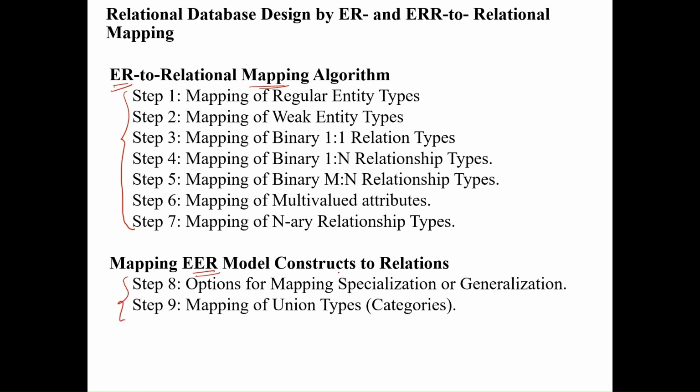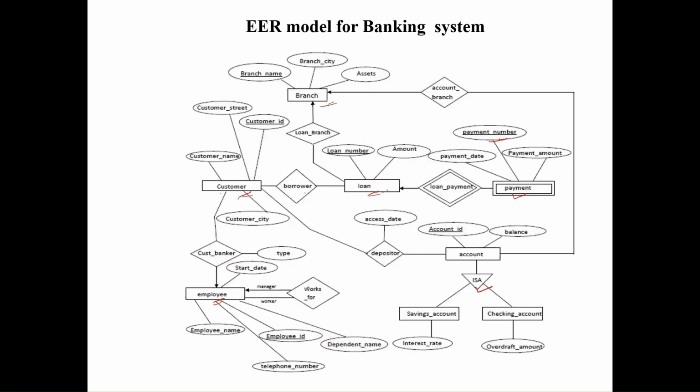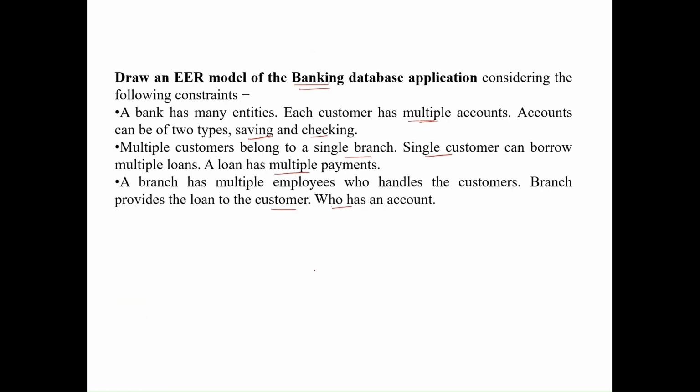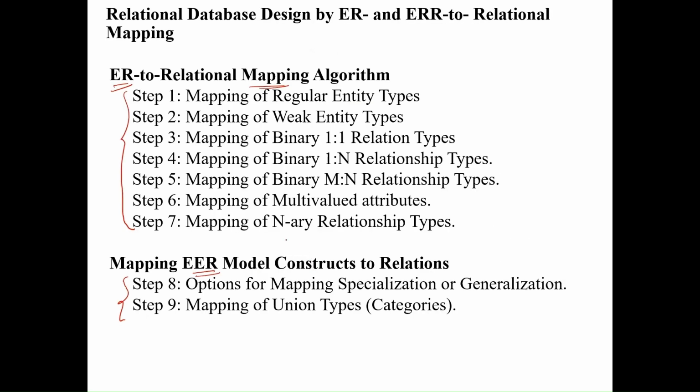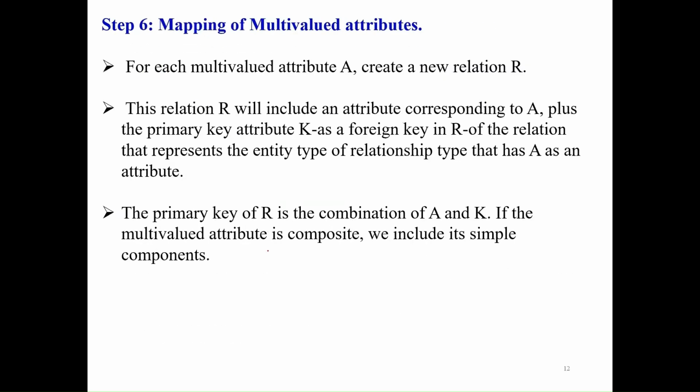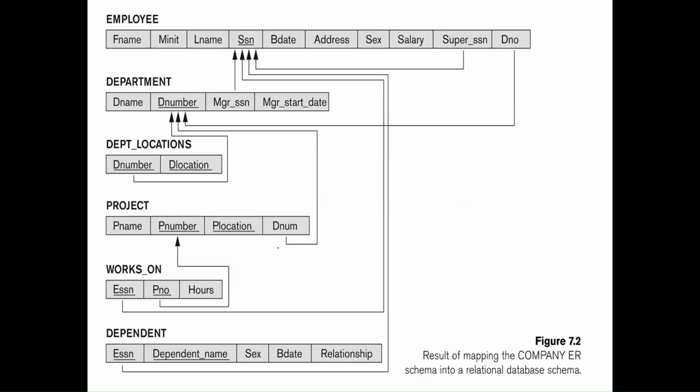So what is the input? Input to our system is this ER diagram. Suppose this is the ER diagram for the company database. What will be the output of mapping after applying all these rules? First, see the output. After applying all these rules, this will be the output of our relational schema of